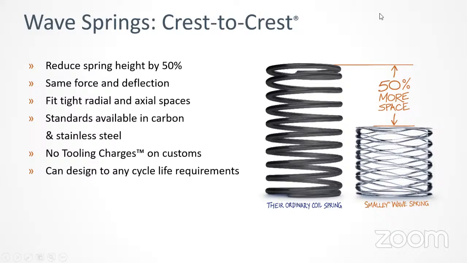Because of its crest-to-crest design, this will provide the same force and deflection which a coil spring can provide. Approximately, it can reduce up to 50% of the height. Because you need certain force and deflection, you build using a coil spring, and in order to accommodate that height, you have to build very big assemblies, like in a valve, a pump, a mechanical seal, or an actuator. With the crest-to-crest wave spring, you can build compact, lightweight assemblies. This enables designing compact and smaller component assemblies, and the usage of raw material is also reduced.